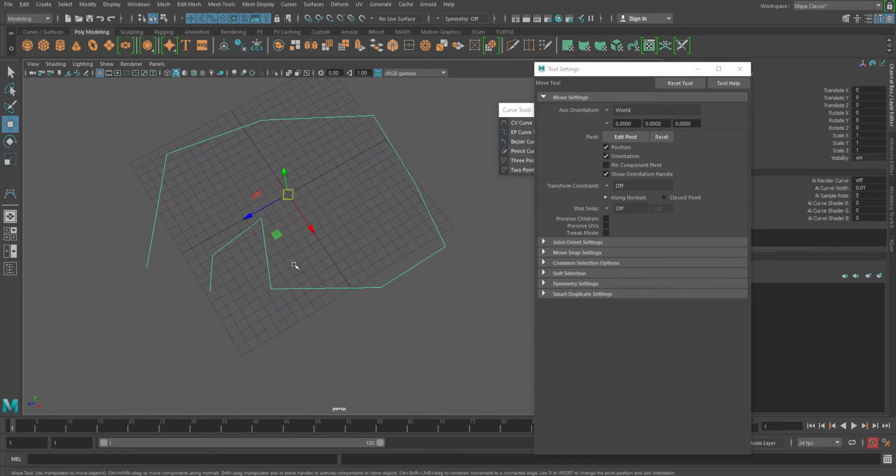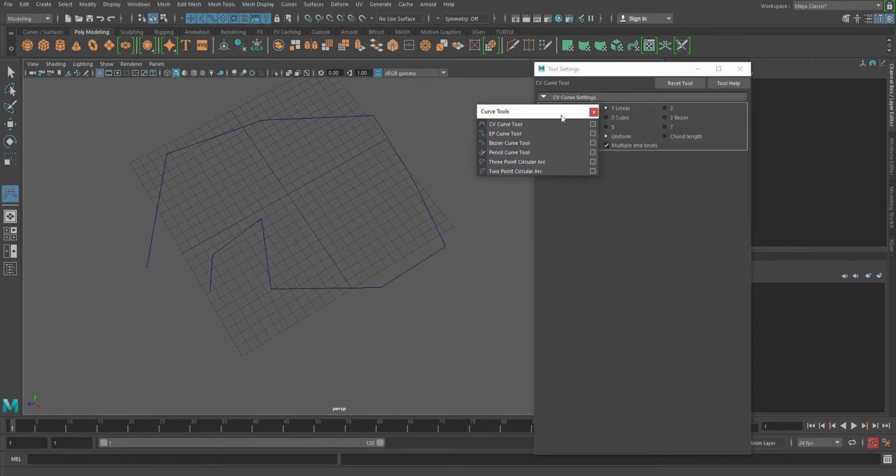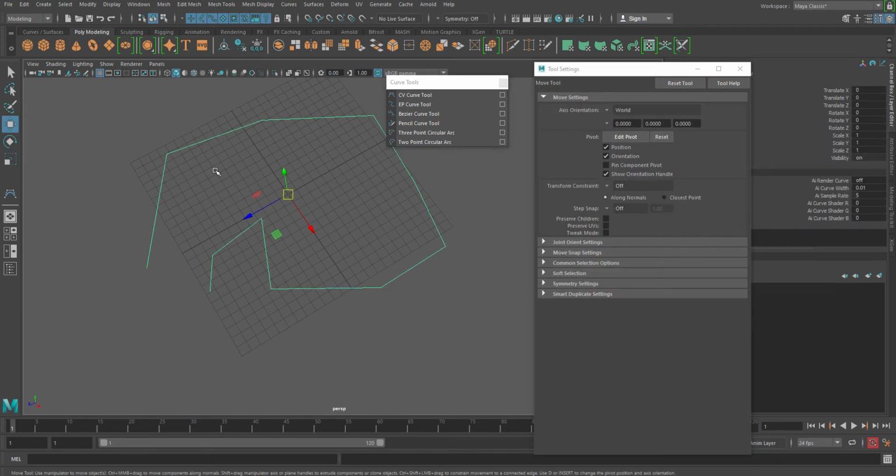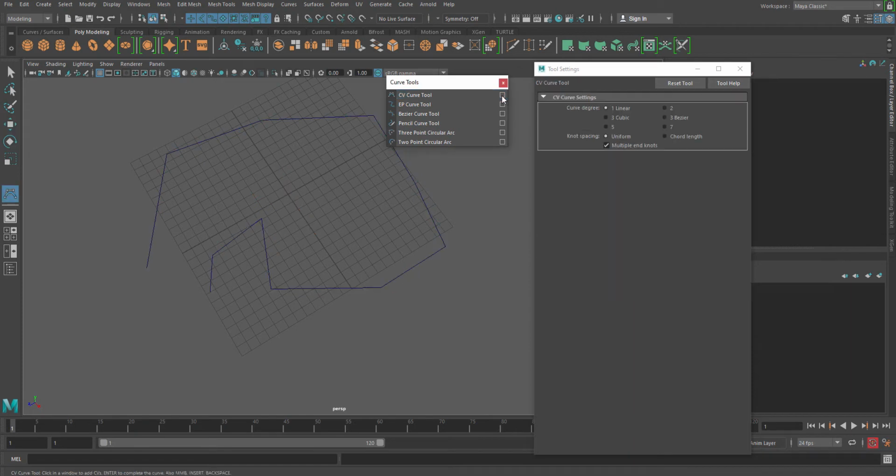So if you want to get a sharp edge in your curve, this is the option that you need to use while creating your curves. Now this is something you really have to understand: once you have created the curve, you cannot convert the curve degree to linear unless,